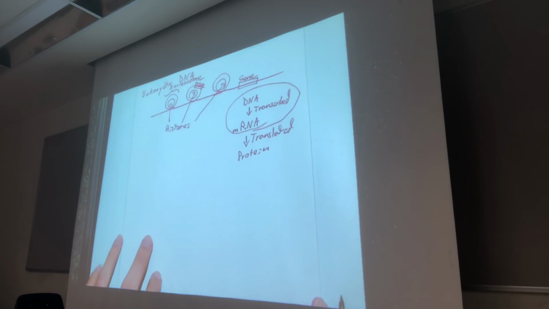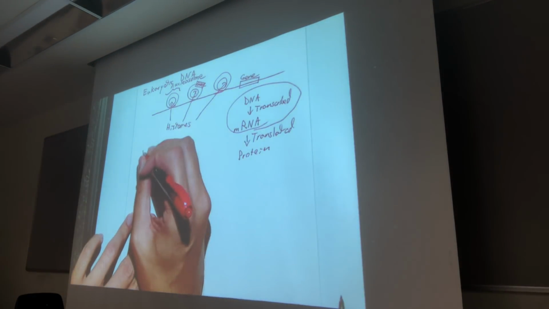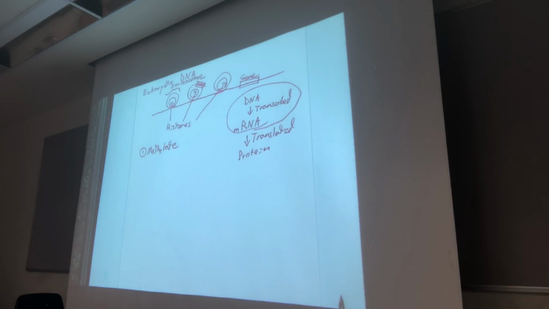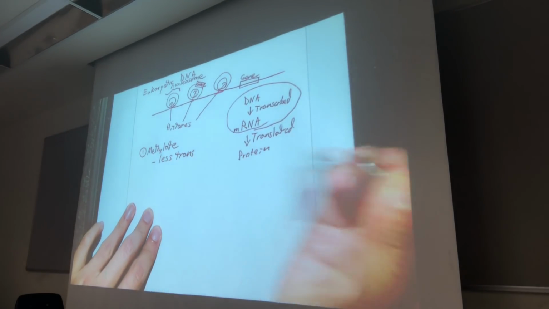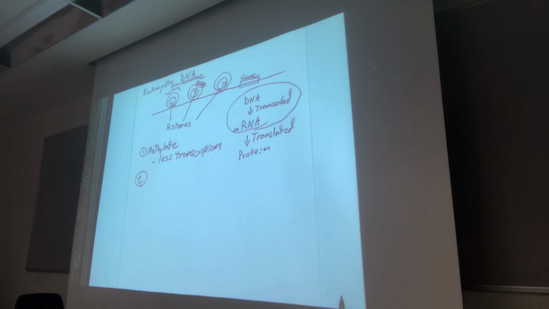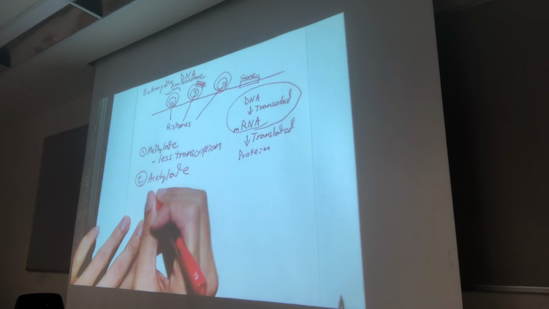So, there are some modifications that you can do to nucleosomes to make it easier to transcribe stuff and harder to transcribe stuff. Anyone know what's the one modification you can do to nucleosomes to make it harder to transcribe something? Methylation. Methylation, exactly. So, if you methylate DNA wrapped around histones, there's less transcription of whatever gene that you're looking at. What's the opposite? What is the other thing? Acetylation, right. If you acetylate a nucleosome, there's more.